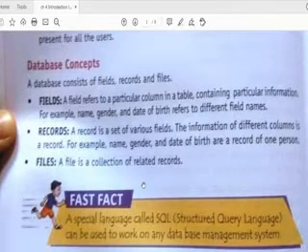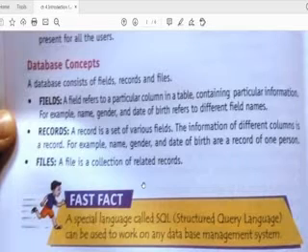Next is records. Records are rows. Whatever rows we have in Excel, here also we have rows, but we call it a record because that row contains one particular person's details. Now next one is file. A file is a collection of related records. For example, if I have a list with roll numbers, names and all the subject marks, and I say the second row, whoever is the second roll number, her name is there. That particular row is the record for that particular child.